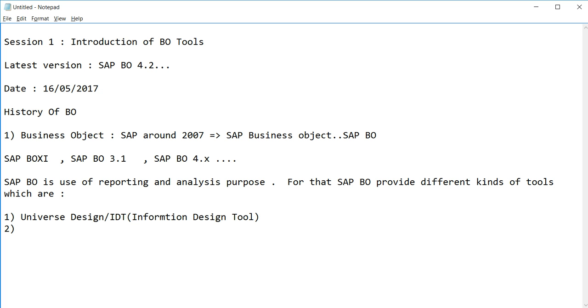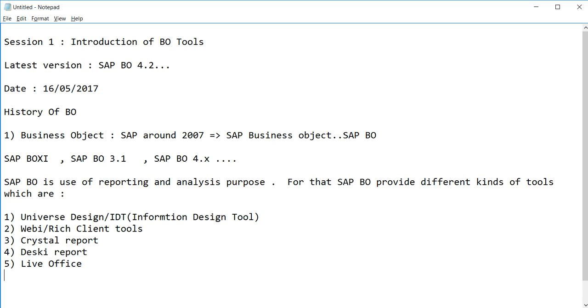The second one is Webi, the rich client tool, used for reporting. The third is Crystal Reports. The fourth is Desky report, meaning Desktop Intelligence. The fifth is Live Office. The sixth is QaaWS, Query as a Web Service.